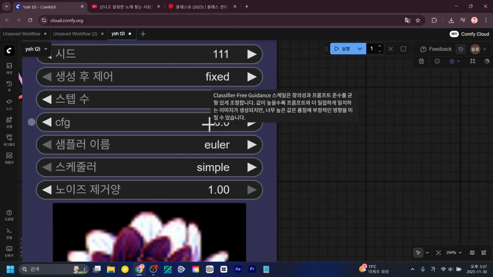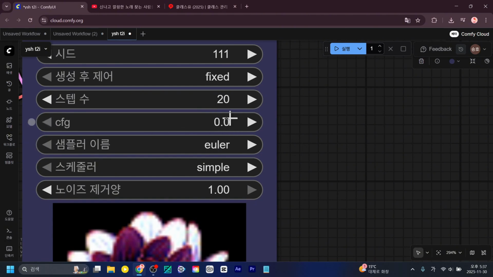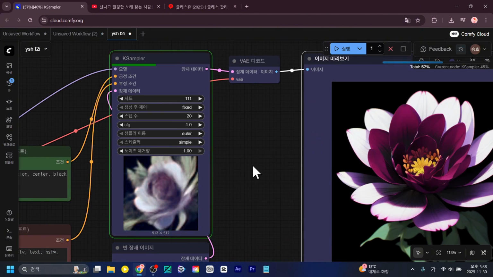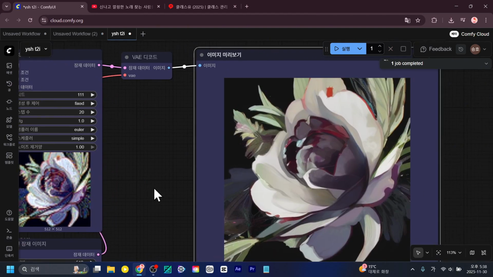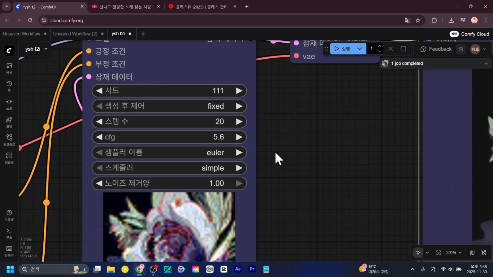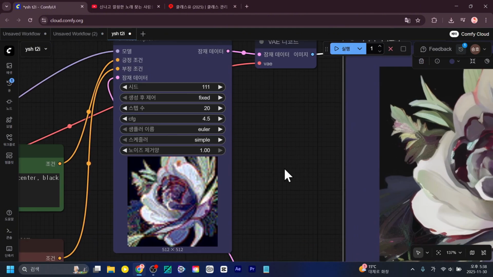As for CFG, you can see it written here, but in my experience, the lower it is, the less the model understands the prompt. Should I say it just creates whatever it wants to make? The concept is kind of like that, I guess. What is it actually making? What could this be? It kind of just makes whatever it feels like. So the result comes out quite different from what I intended, but if you raise the CFG higher, it turns into a kind of crazy state. Now let's try setting it to 5.6. It's a bit too much, so I'll try setting it to about 4.5.